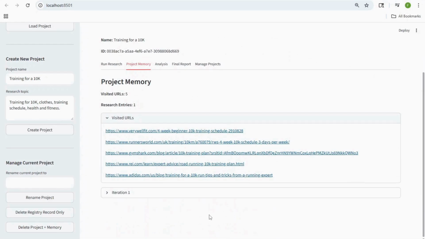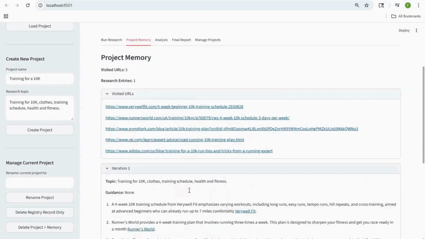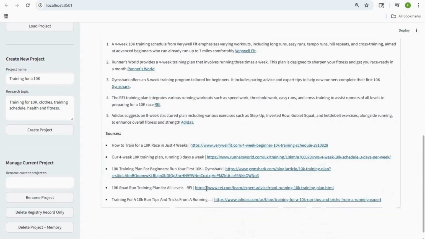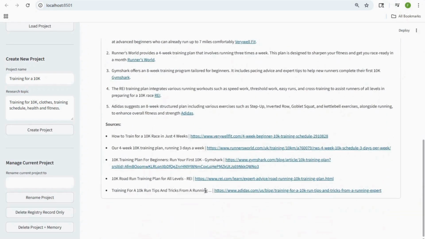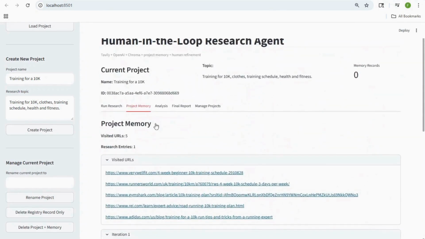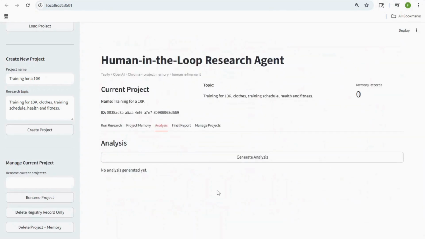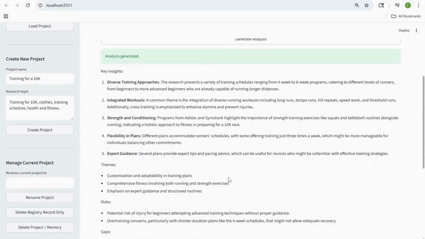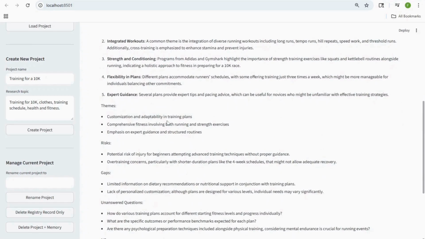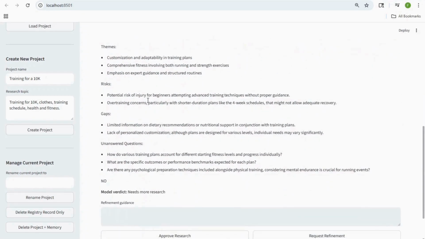The interface is built with Streamlit so that it makes it easy to interact with the system through a simple web interface. When I submit a research question, the agent begins a workflow that coordinates several components. The first step is information retrieval. The agent uses Tavily, which is a search API designed specifically for AI agents to gather relevant information from a web search.